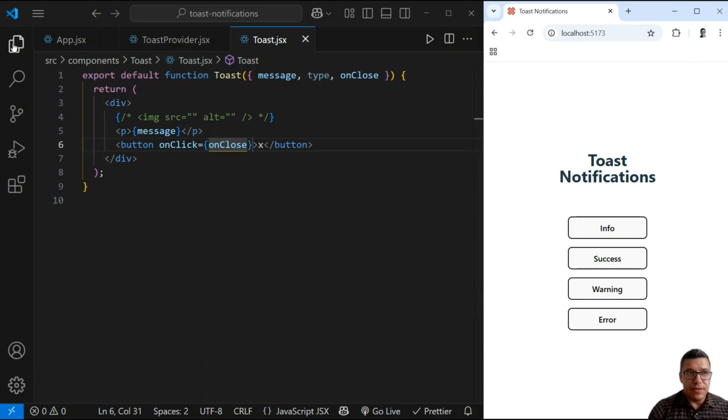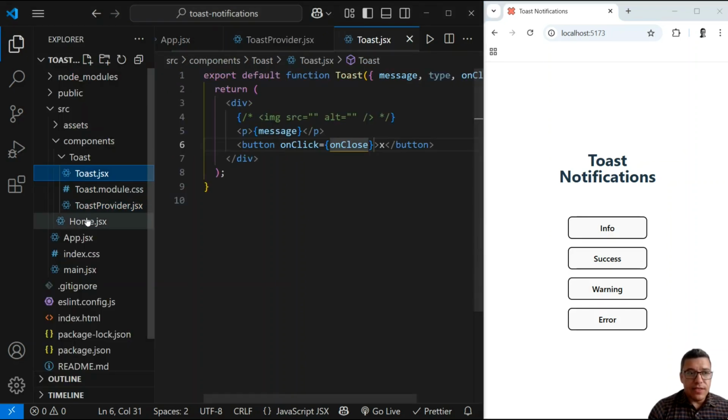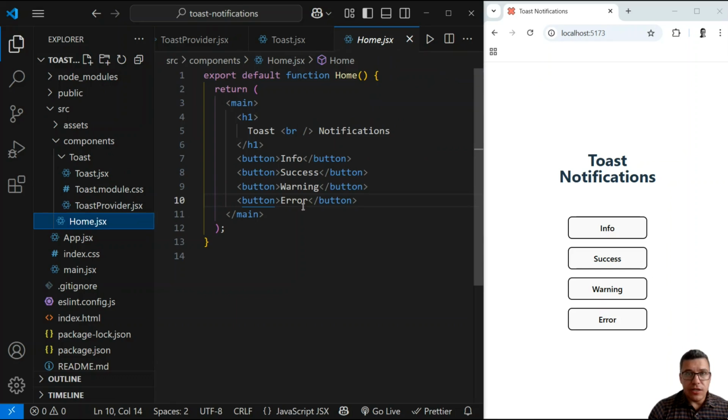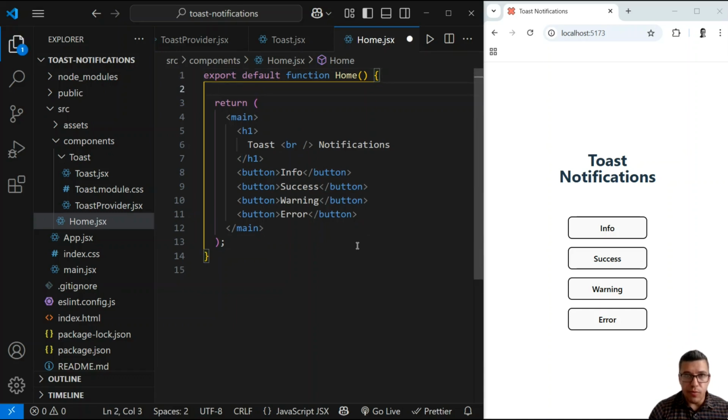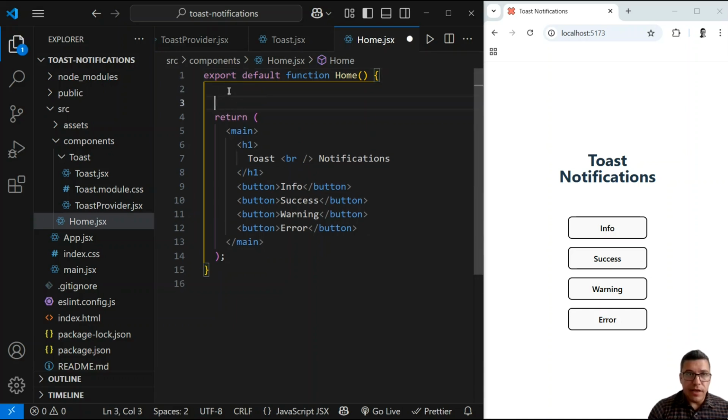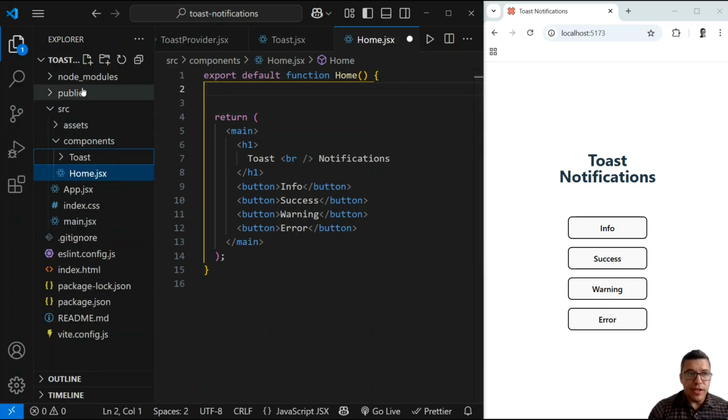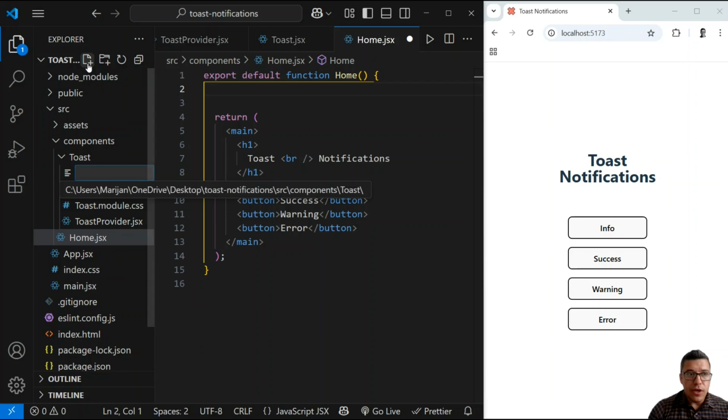Let's enable that, and let's go inside our home component, and let's bind all of these buttons to appropriate toasts. But for that, I need to use context here inside this home component, and I can do it here, but I think it's a cleaner way to create a custom hook. So inside my toast folder, I will be defining